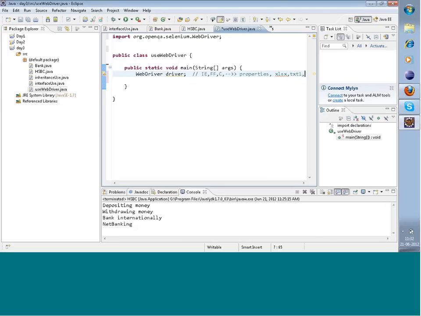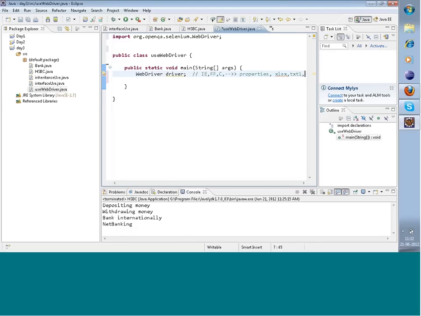To compare strings, we have a function equals. If it is equal to Firefox, then